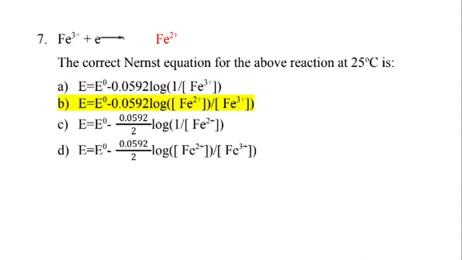Then question number 7. Here you can see this reaction: Fe plus 3 gets 1 electron and converts into Fe plus 2. So what is this reaction? It is gaining an electron, so it is a reduction reaction. So the correct Nernst equation for the above reaction is, if you know about the reaction,